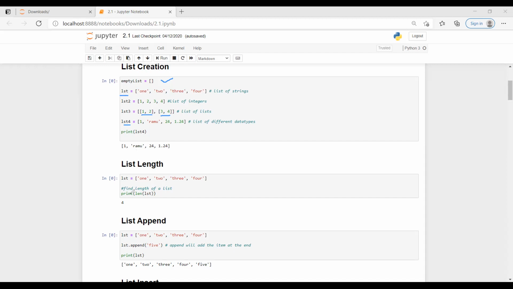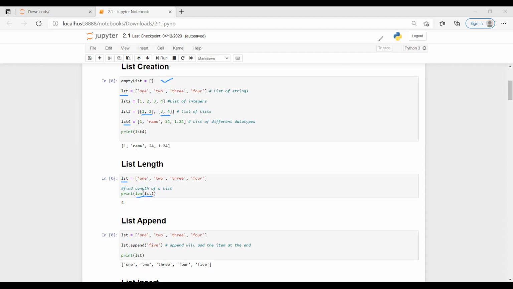Okay, here we have a list. We have the variable name and the set of values. If I want to know how many values there are in the list, I just mention the length of the variable name, which will give you the number of values within this particular list.